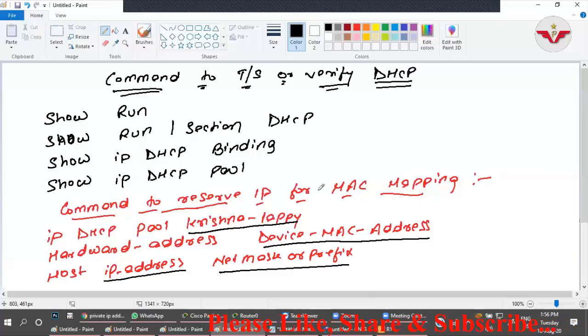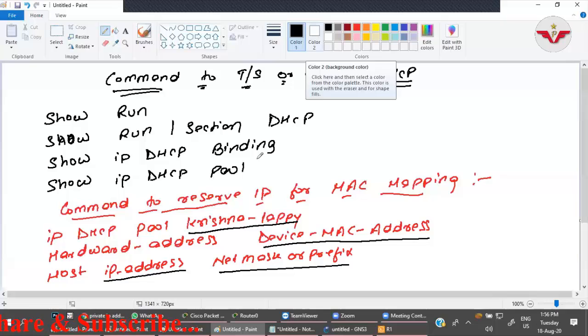Okay. If you want to clear the DHCP binding, please note it down. Give no command? No, because for DHCP binding you are not giving any command. It is binding automatically. So no is used to reverse a command. Suppose I have given an incorrect command, then I will use no. But if something is getting recorded, for that you will use the clear command.